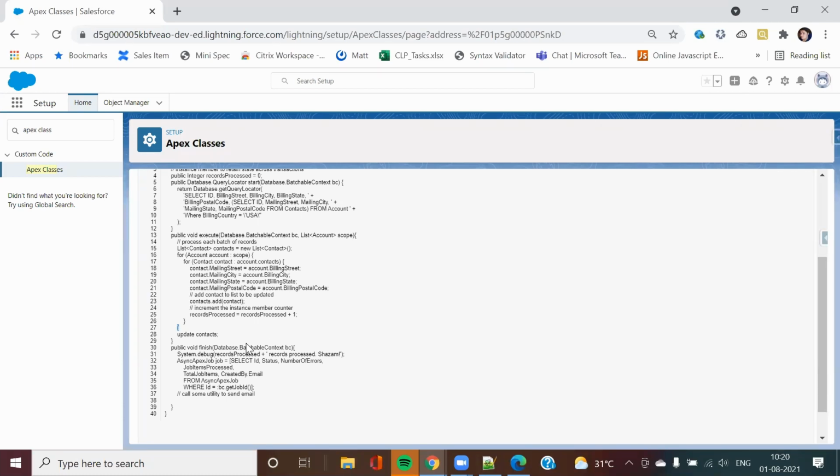So is there something like that? Does this finish method work synchronously? No, this is a full async process. Salesforce gets the resources, and it will execute that job. And as far as I know, they have a 24-hour SLA where they need to do it, or all of these things.